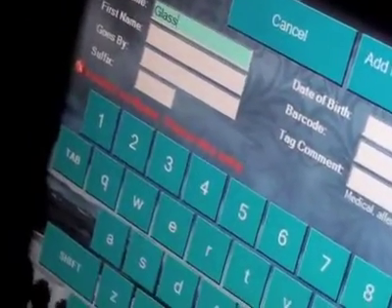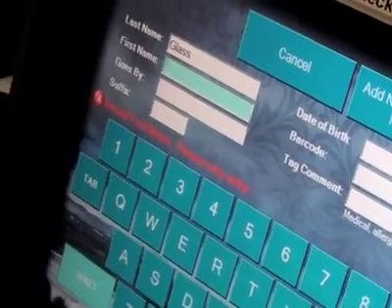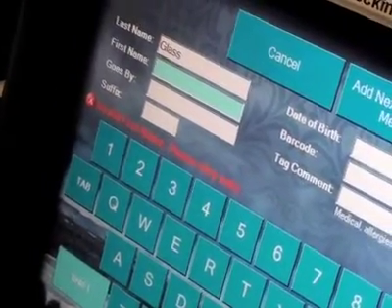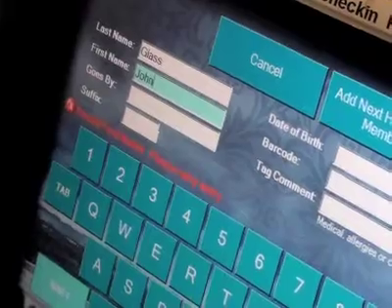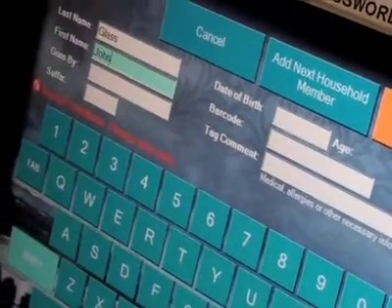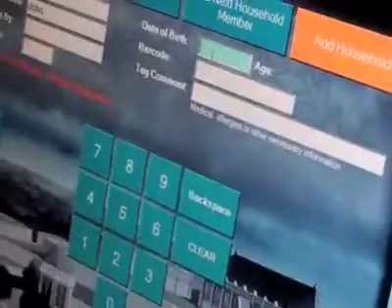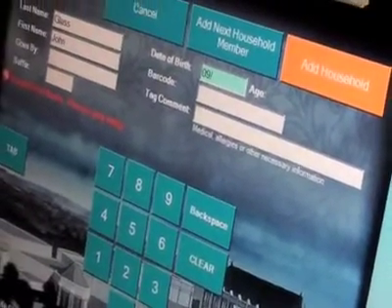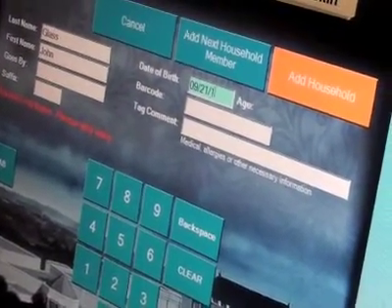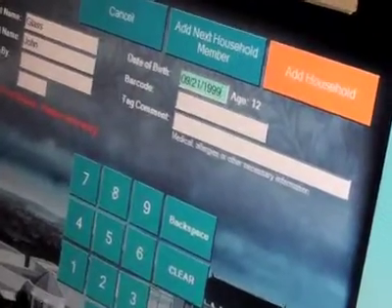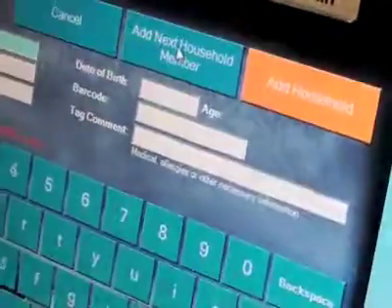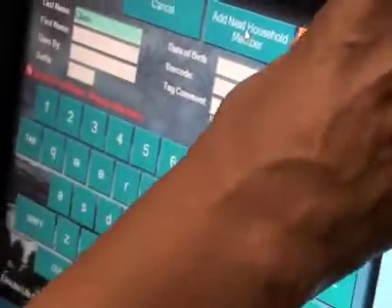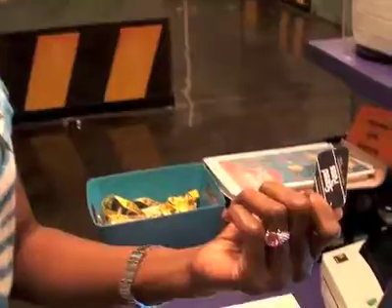And then we'll add the next household member, which is now the child, which is John. Okay, and then we added John to the household, and then we're going to add the household. Okay, so now that we have the family checked in, we're going to rescan the card, the speed pass, and